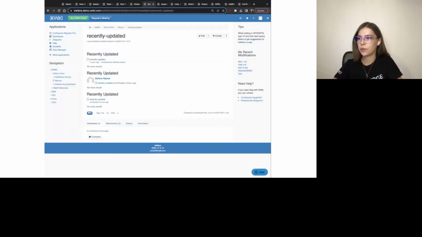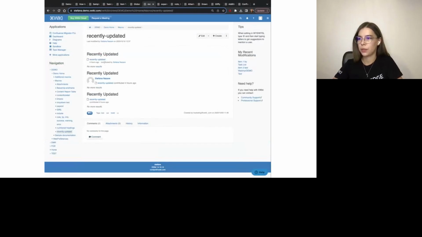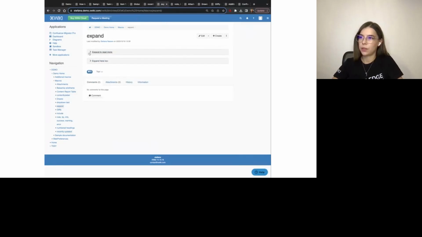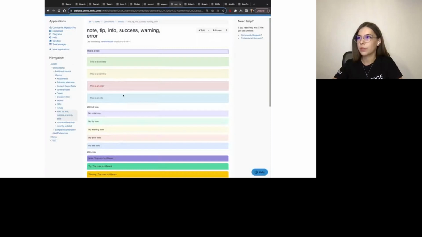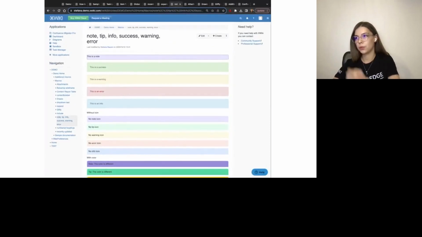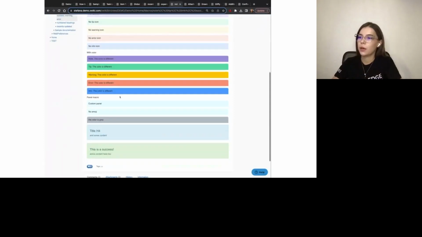And we can see that they were successfully imported and also displayed as expected. Here we have an example of the expand macro, also imported from Confluence and displayed in the same manner on XWiki. Here we have more examples of the common note, tip, info, success, warning, and error macros,